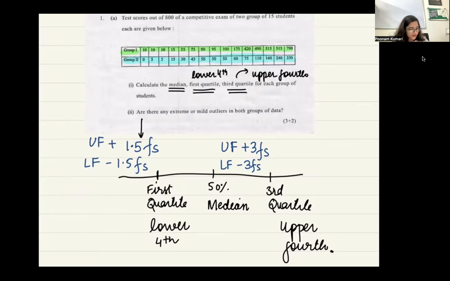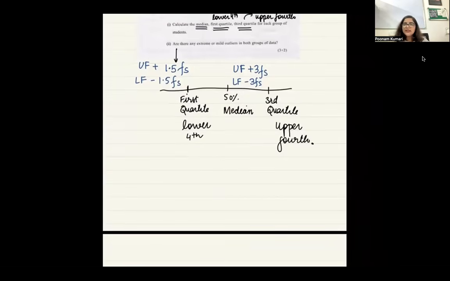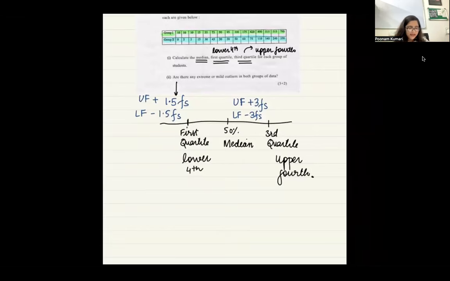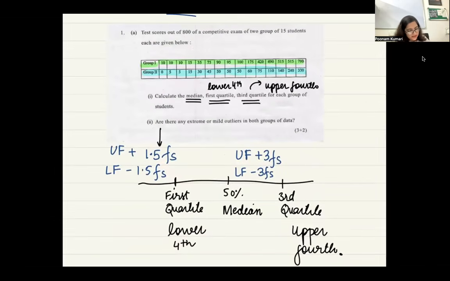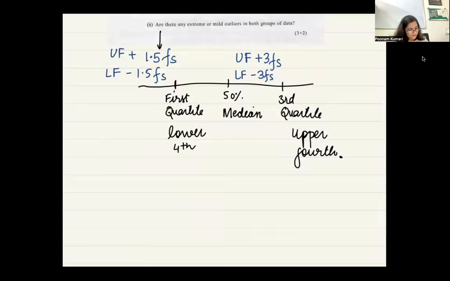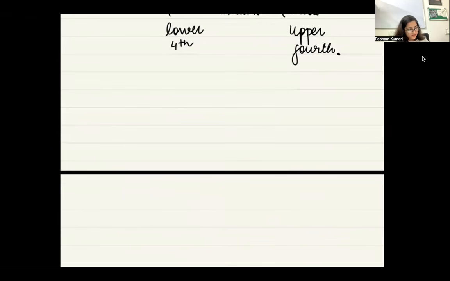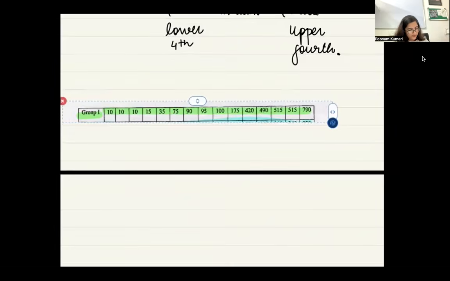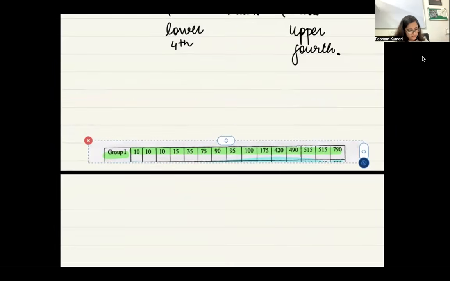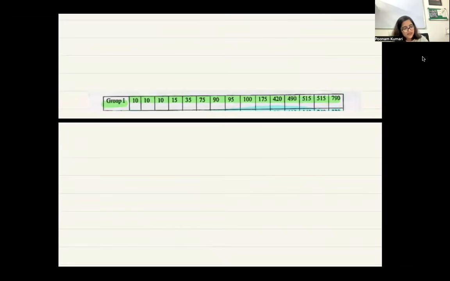Yes. Fine, let's go. So first we begin by finding the median. Median, then lower fourth, then upper fourth, then fourth spread, then outliers. So let's just pick this data now, the first group. So this is my first group data. Okay, fine. How many observations are there?